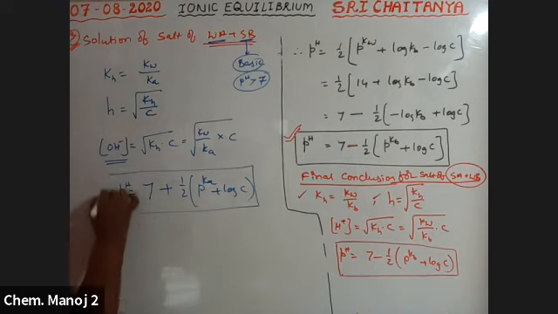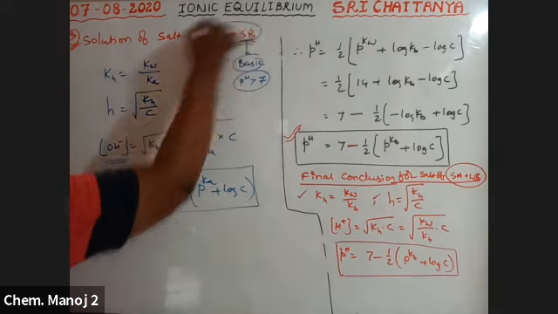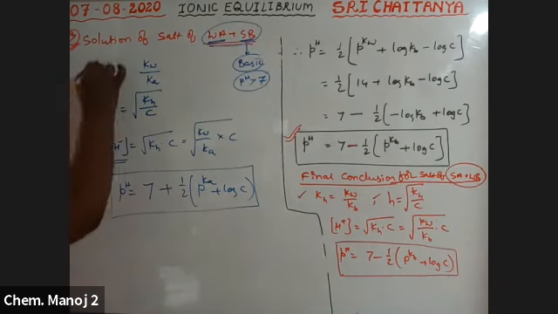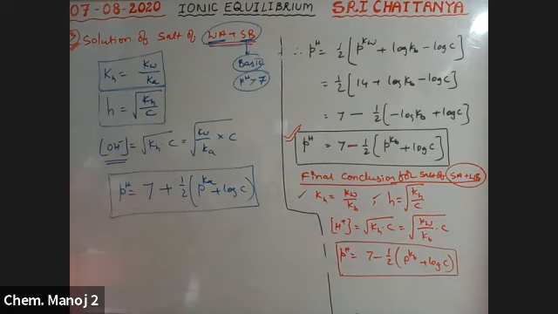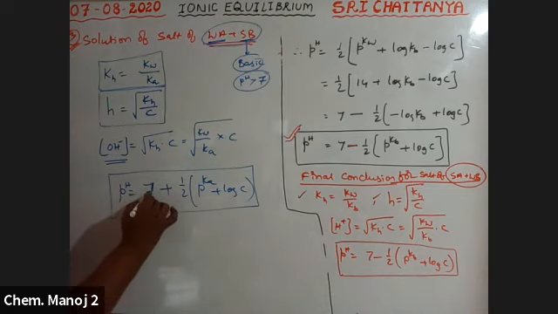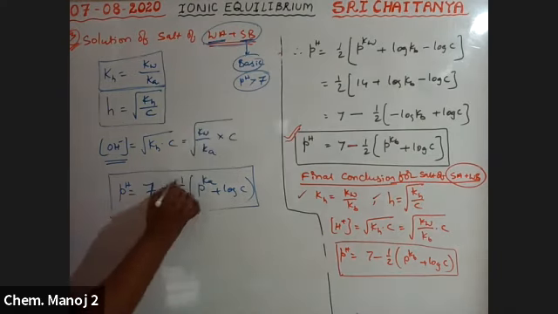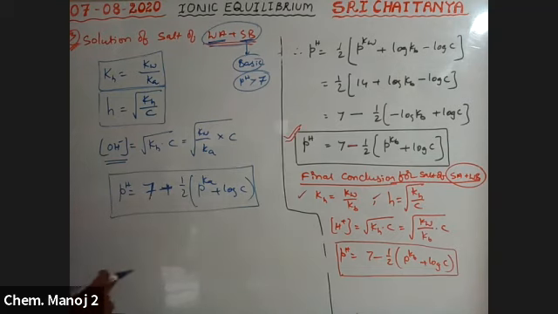So this is the pH calculation formula for a weak acid and strong base. It is the Kh formula, the h formula, and this is the pH formula. All these are derived just like before. So finally pH is equal to 7 plus 1 by 2 pKa plus log C. Previously it is 7 minus 1 by 2 pKb plus log C. So here pH is less than 7, there pH is greater than 7.